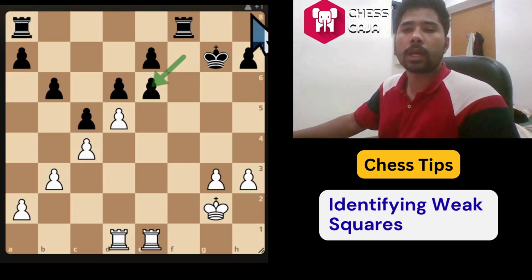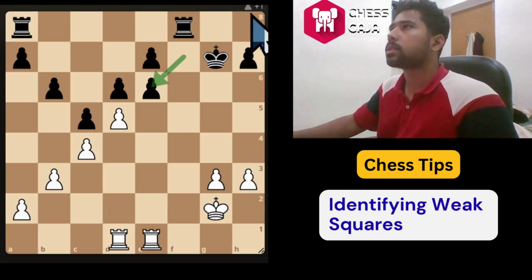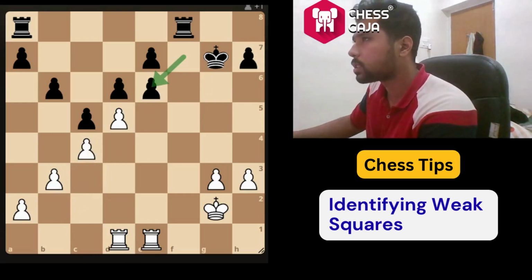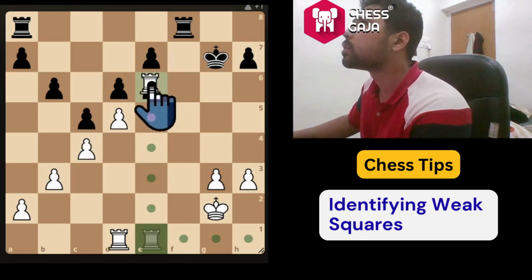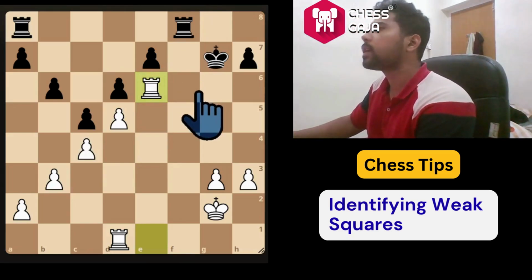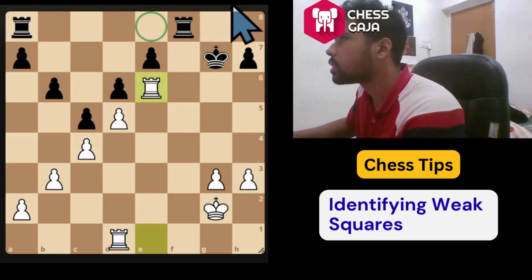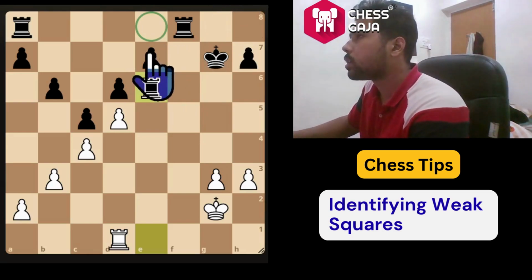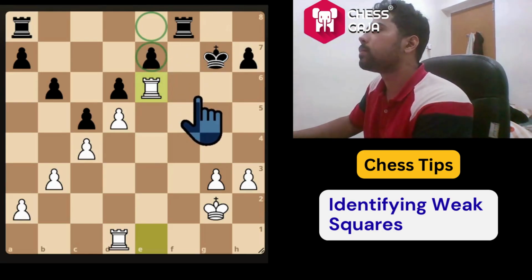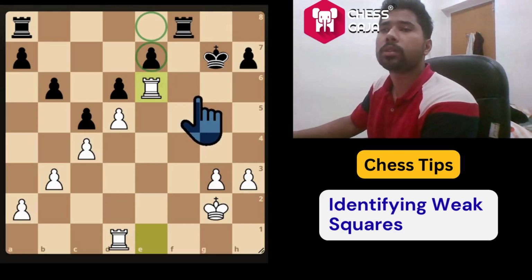I can give you time to pause the video and think about it a little bit. And those of you who have found the answer, they're extremely good at it. And yes, the best move is obviously rook takes on e5. And why is that so? Because the e6 pawn will always be weak in the process. This e6 pawn will be a backward pawn forever and can be used in order to put more pressure on